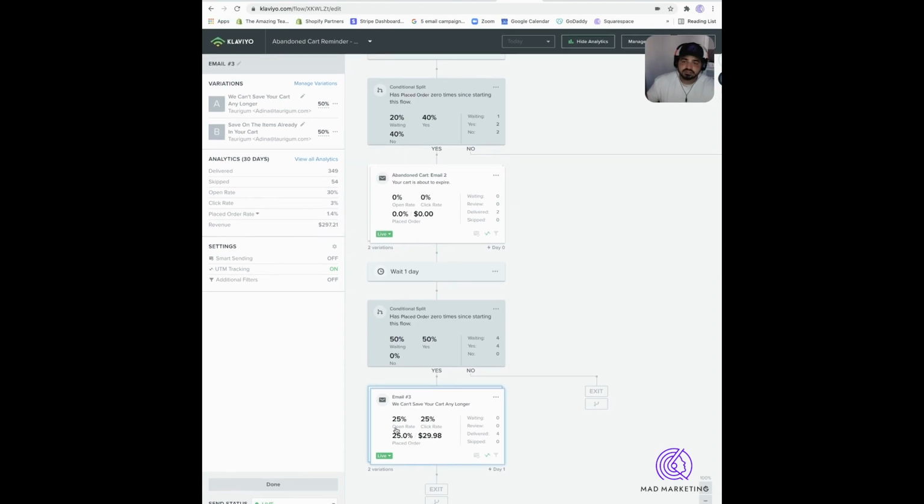So this one actually has, so you may have noticed there's a discrepancy from the data that's shown on the actual email and then here on the left hand side, but I'm just going to go based off of what's on the left hand side. So this email, again, a 30% open rate. So that's really good. And the click rate is 3%, a little bit higher than the last two, and almost